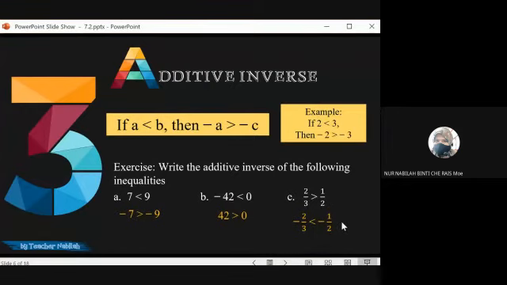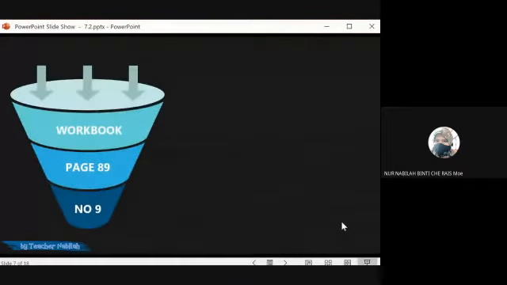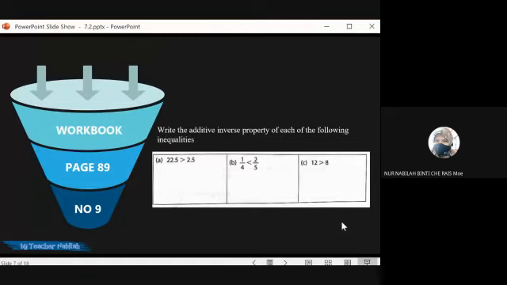Now your workbook, page 89, number 9. Write the additive inverse property of each of the following inequalities. So A, 22.5 more than 2.5. Additive inverse means that you change into negative. If positive, you change into negative, then the symbol also changes. If negative, you change into positive, and the symbol also changes. So for this one, 22.5 will become negative